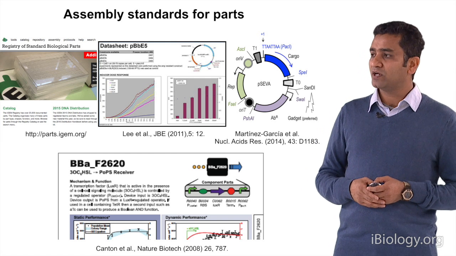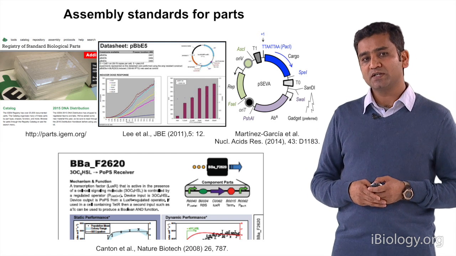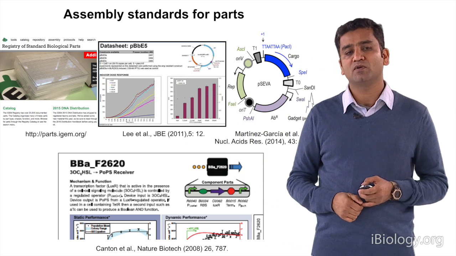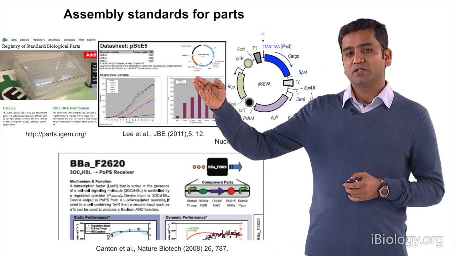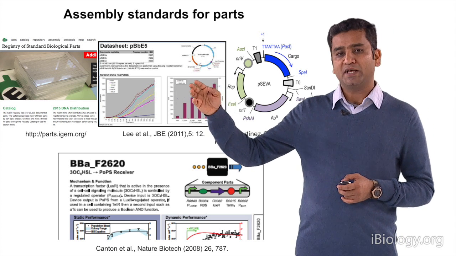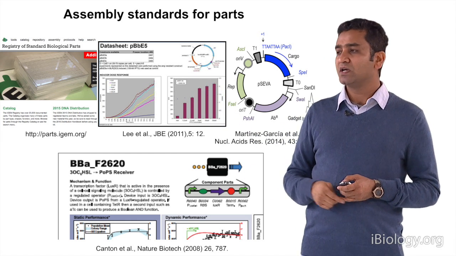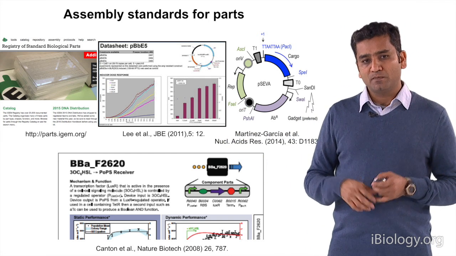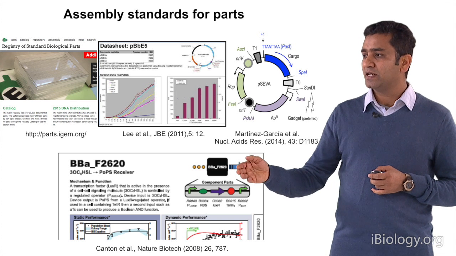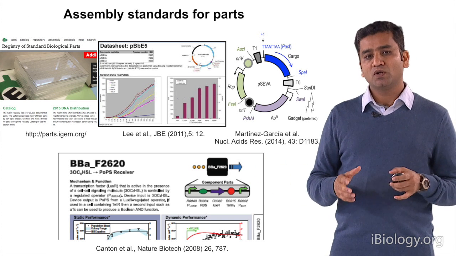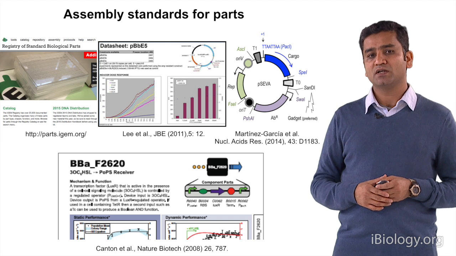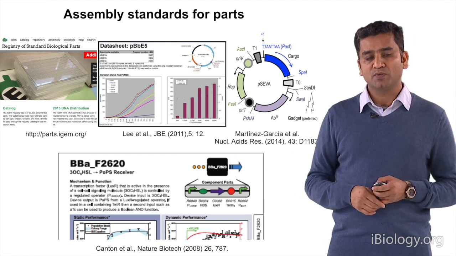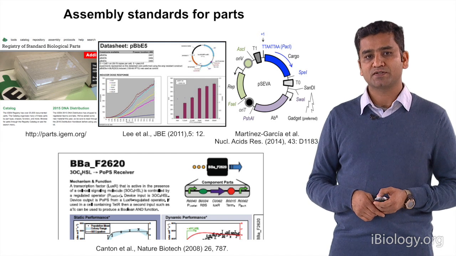There are early methods where we started to assemble parts. This is the Registry of Standard Biological Parts, which started to catalog parts from iGEM teams. This is a Joint BioEnergy Institute data sheet where they have a plasmid library and characterize it in different conditions. This is the SEVA library from the European group, where they have a library of vectors. And this is the data sheet from Drew Endy and his lab, where they have shown how to generate a data sheet of parts under different conditions, such that when we read this data sheet, we will know what happens with the part and how it behaves in different contexts.